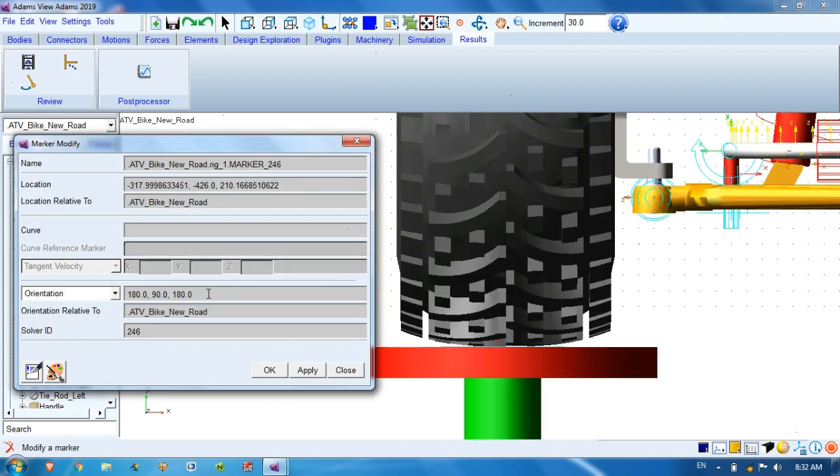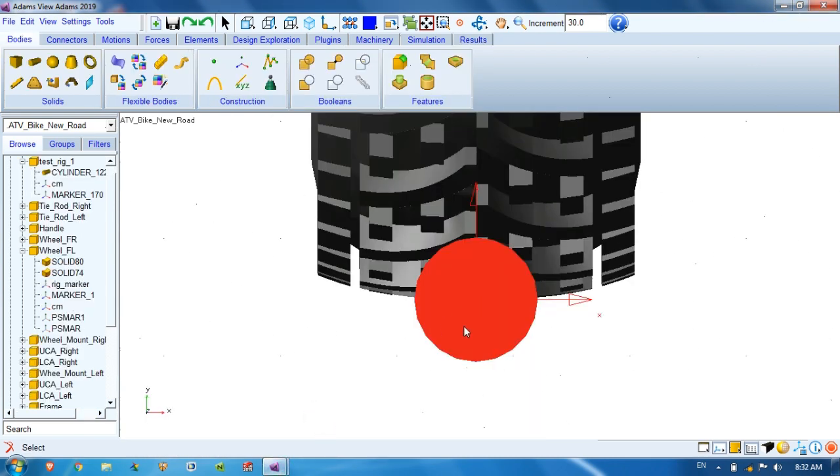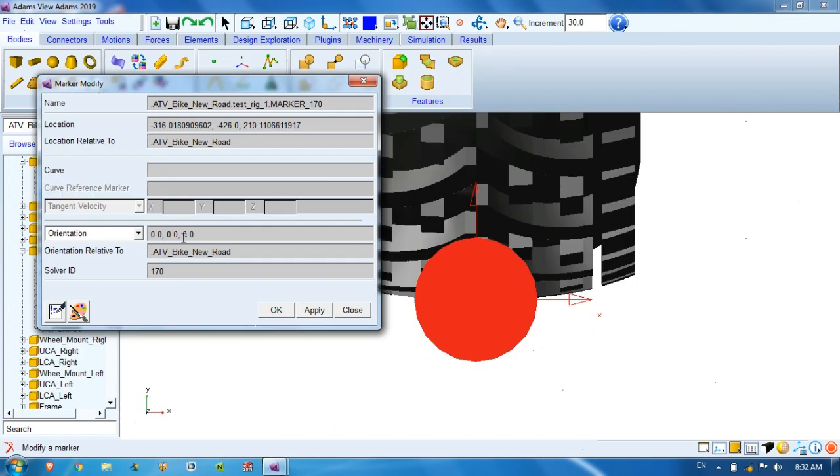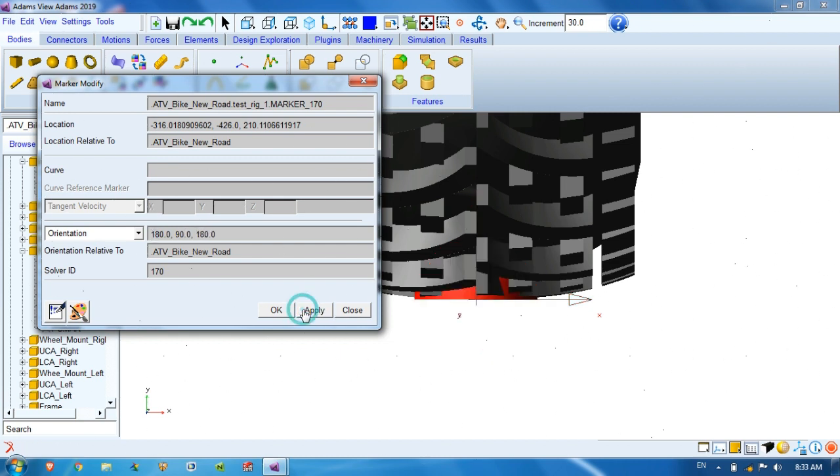What is the orientation of 180 degree, 90, 180? It will change the orientation of this cylinder. So here 180 comma 90 comma 180. So apply.